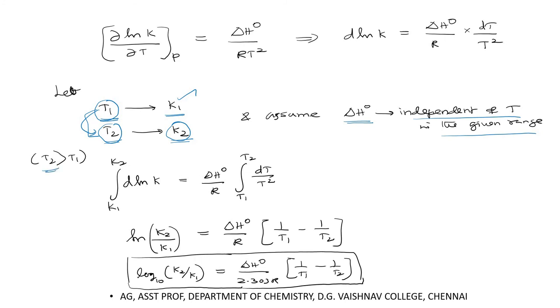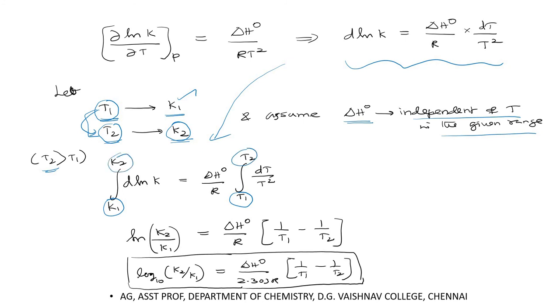Now what I am going to do: we have increased temperature from T1 to T2, therefore to make that change, I have to integrate this d ln K from T1 to T2. I'm going to integrate this equation to find the actual change. So in the left hand side we have integral d ln K. In the right hand side, ΔH° is independent of temperature, so you keep it out. R is constant, you keep it out. Integral dT by T² you get. Now at temperature T1, the equilibrium constant is K1. At temperature T2, the equilibrium constant is K2.